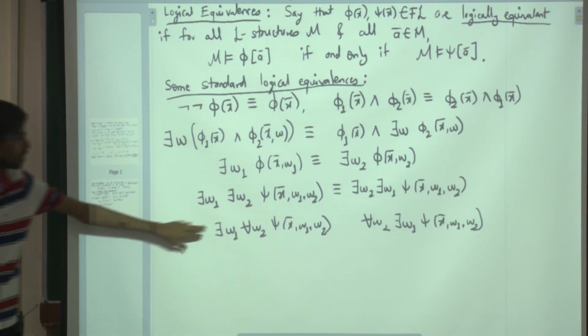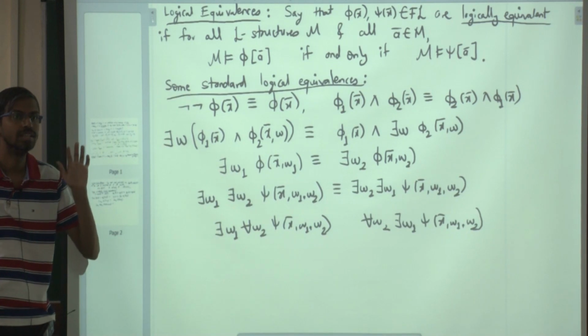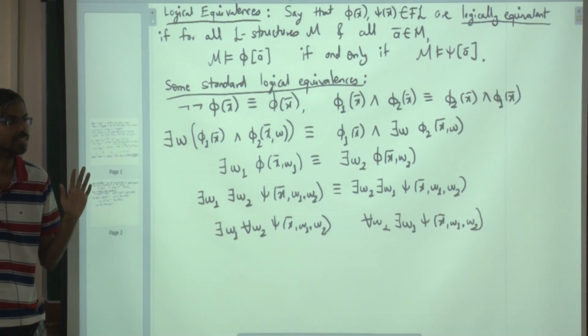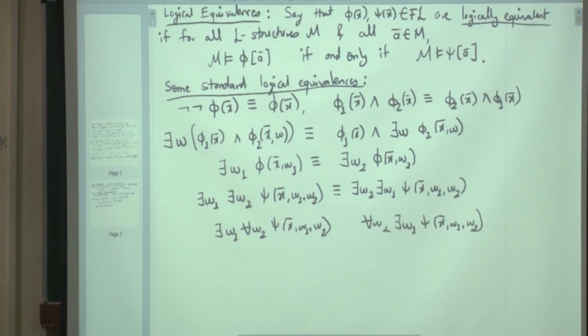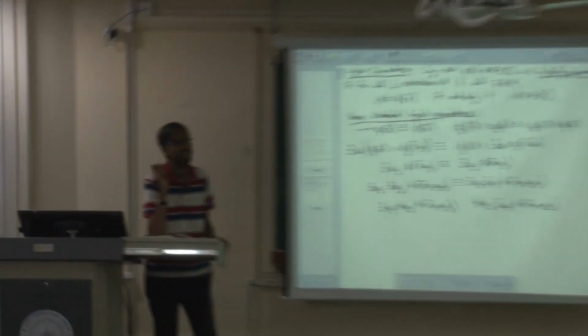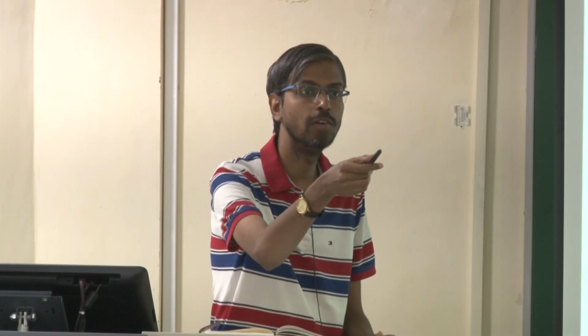I just changed the position of this, I took it inside. Are these logically equivalent? If you are saying no, then now tell me, what do you have to do? Loudly, one person. Yes, you want to say something? No? As part of a group you can speak but not individually. Yes, anybody else? You are saying this is not logically equivalent. So can you tell me one particular instance where this fails to be logically equivalent?